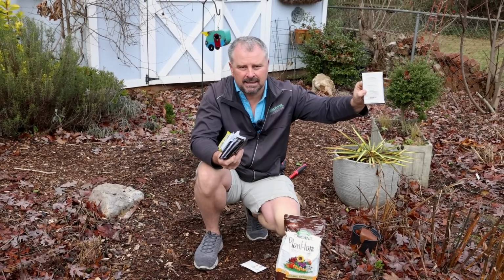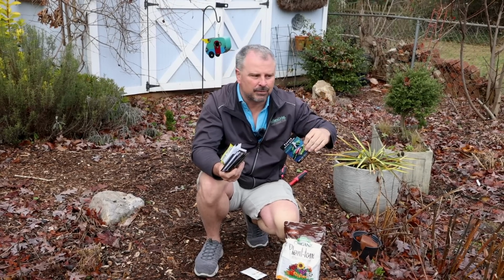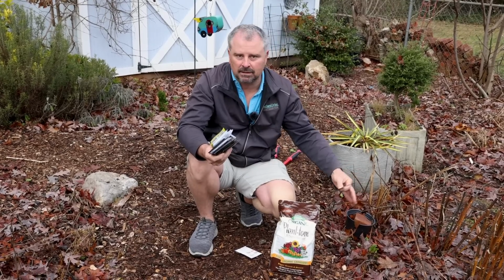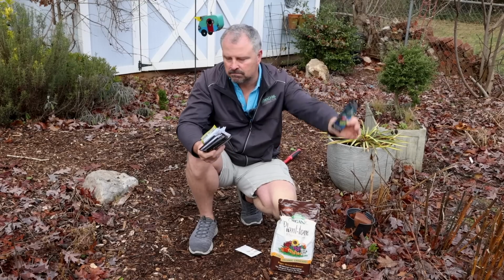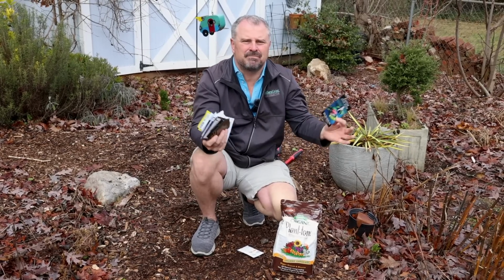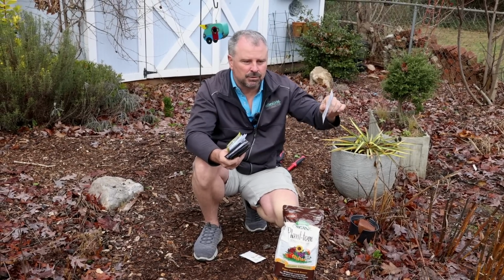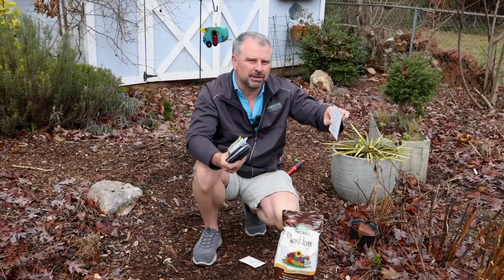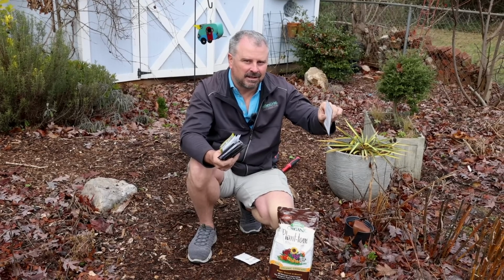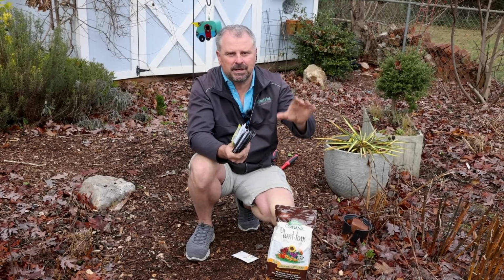On the back of a seed packet, whether it's a flowering summer annual, or whether it's a tomato or bell pepper or something for your vegetable garden, or a perennial if you were starting sorrel or oregano or black-eyed Susans, it just doesn't matter what it is. If you'll look on the back of the packet, if you're starting them from seed, it will tell you how long it is before you can transplant them outside. So if it says 6 to 8 weeks to transplantable size on the back of the packet,